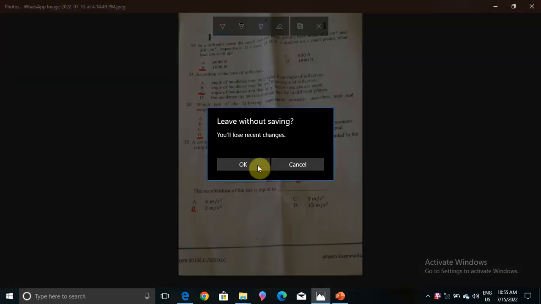Because acceleration is equal to speed over time. So that means the correct answer for question number 35 is B, which is 3 meters per second square. That means constant here. Okay, now in question number 36,